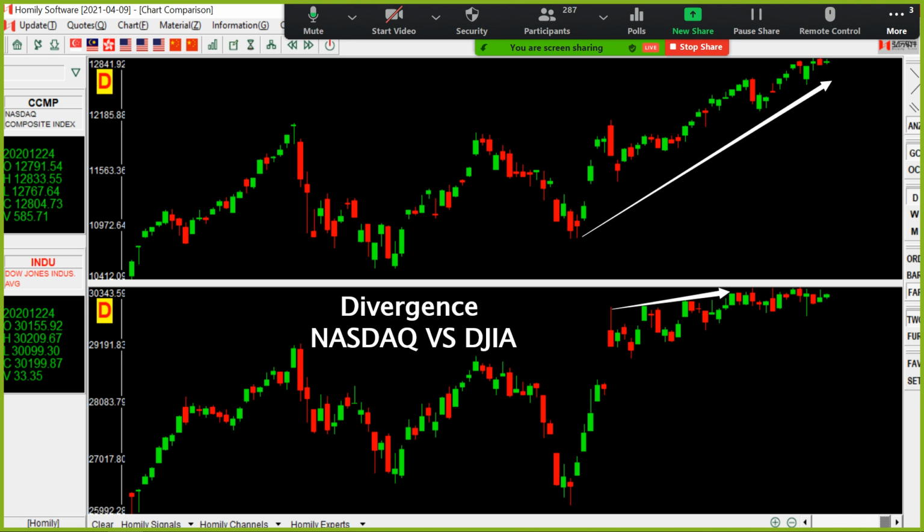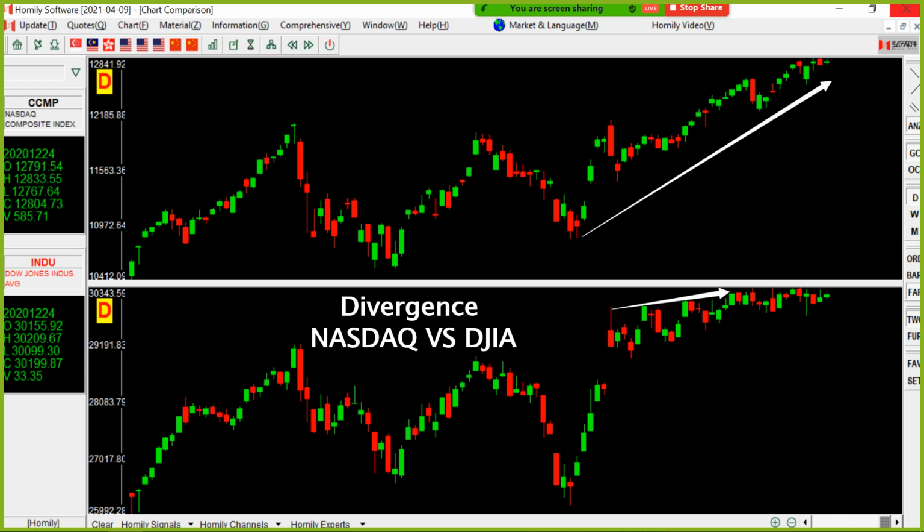But sometimes we can also apply the divergence theory to market analysis. Like the USA market now, we can see in the whole year, in fact, not only this year but also some other years, in the USA market we can find divergence between two very important indexes. Number one is the technology index, NASDAQ, and number two is the very traditional index, the Dow Jones Industrial Average.